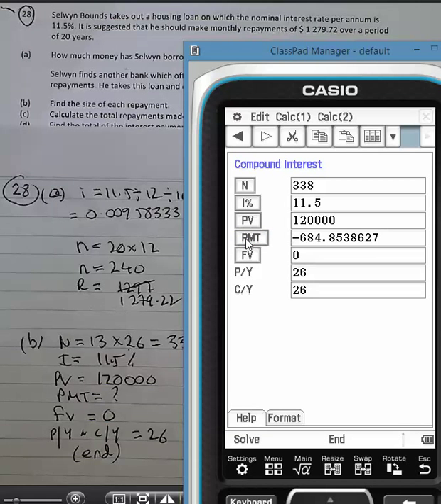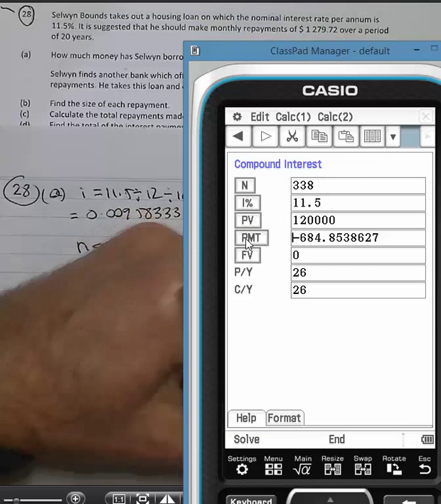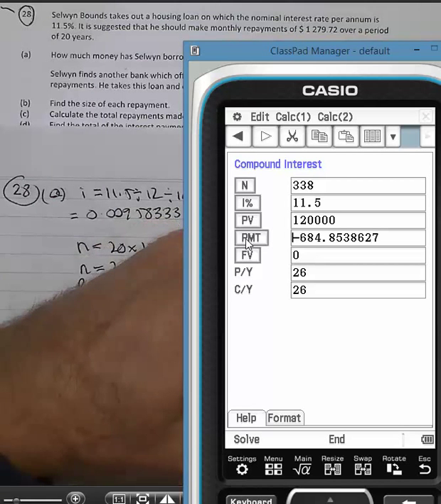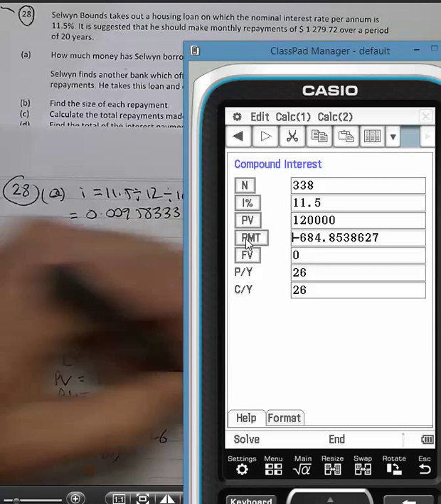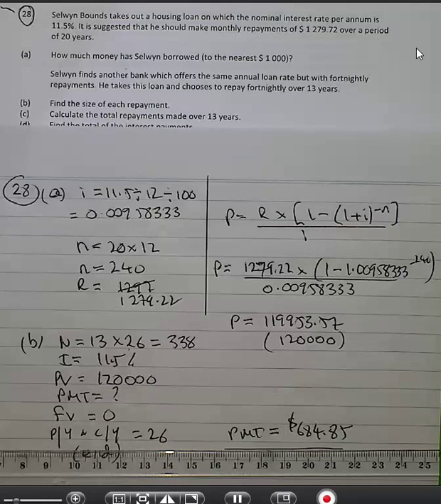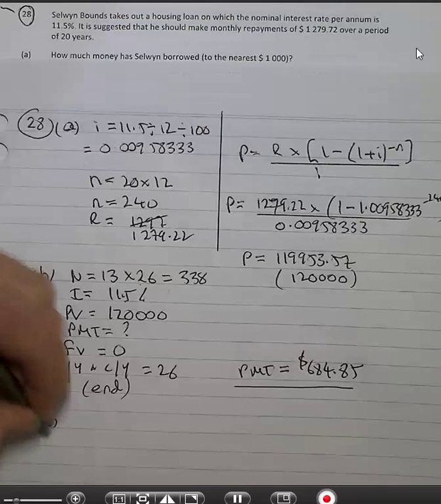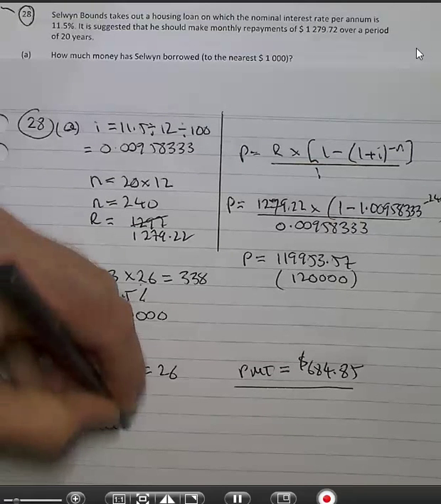So the repayment figure per fortnight is $684.85. What we're now going to do, we're going to work out the total payments over that period and the interest paid under this scenario. So in part C, the total he pays,